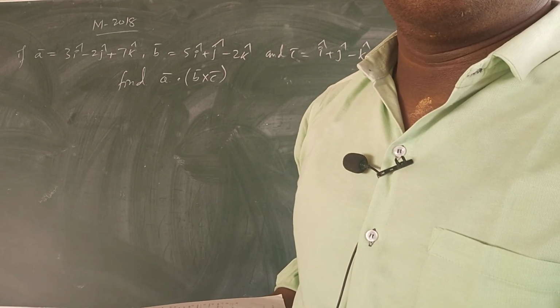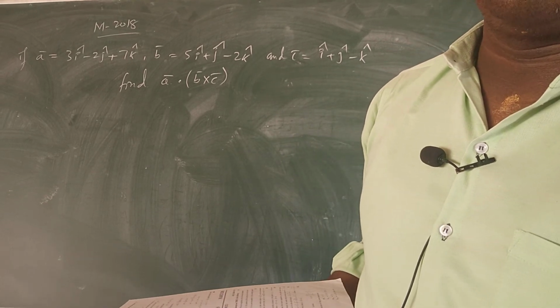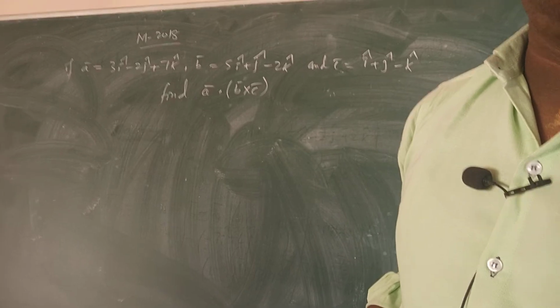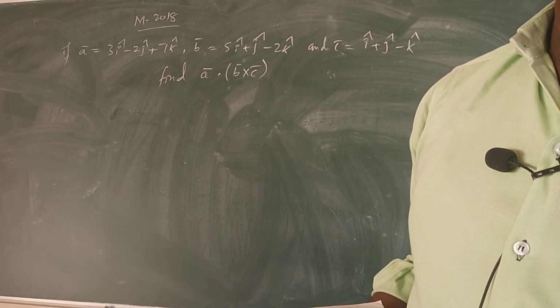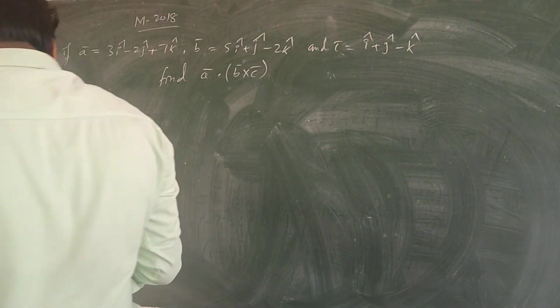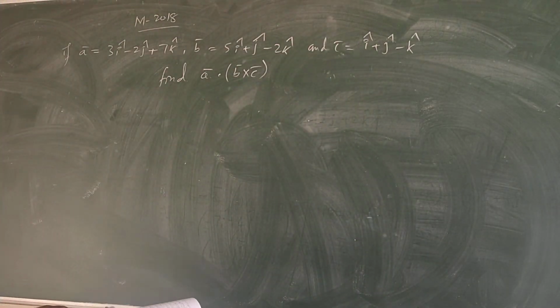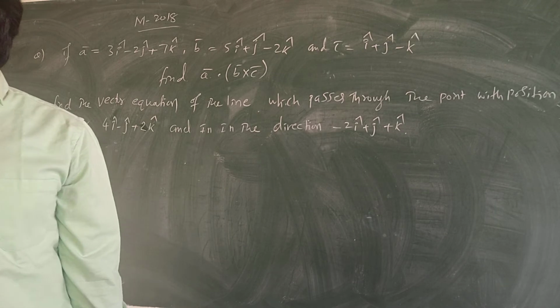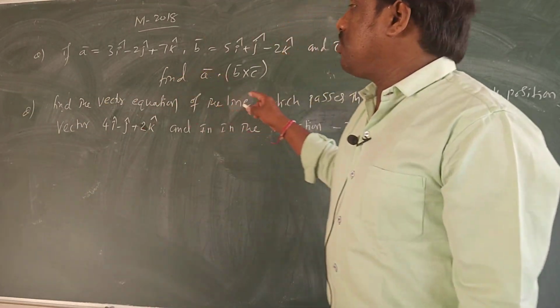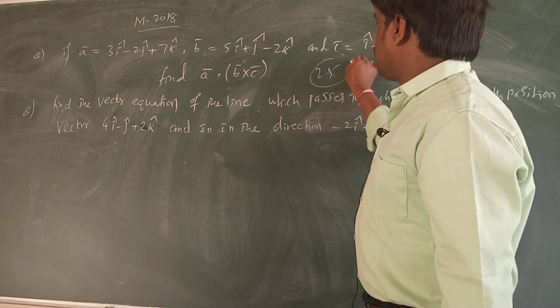2018 question. This question is asked in 2018. I already explained this model in the previous also, 2017, 2019 also they asked. So please do this one. Okay, I'll write the next question. The 2018 questions from vectors are these. The first question you already know, you can do that, you get 25 as the answer.